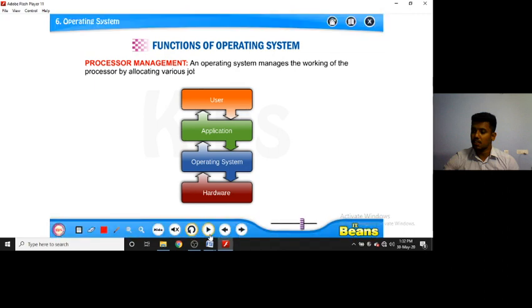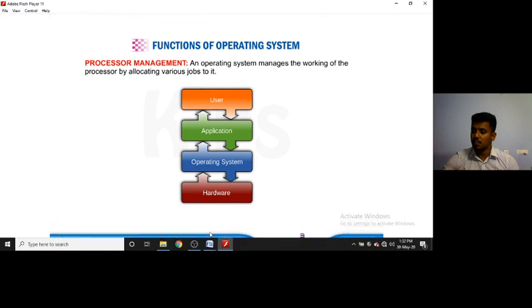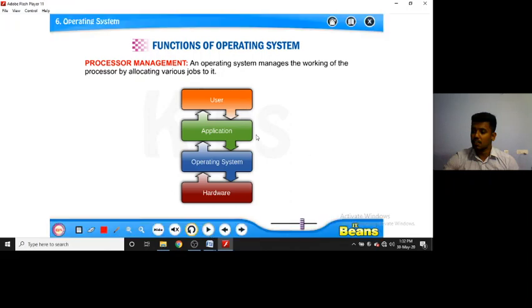तो प्रोसेसर को जो भी काम दे रहे हैं, वो सब कौन दे रहा है? विद द हेल्प ऑफ ऑपरेटिंग सिस्टम ओनली, यू आर इंटरेक्टिंग विद द प्रोसेसर. Here, see: user, application, operating system and hardware. Hardware is your machine, the user is you, and the application is, for example, MS Word, application software.